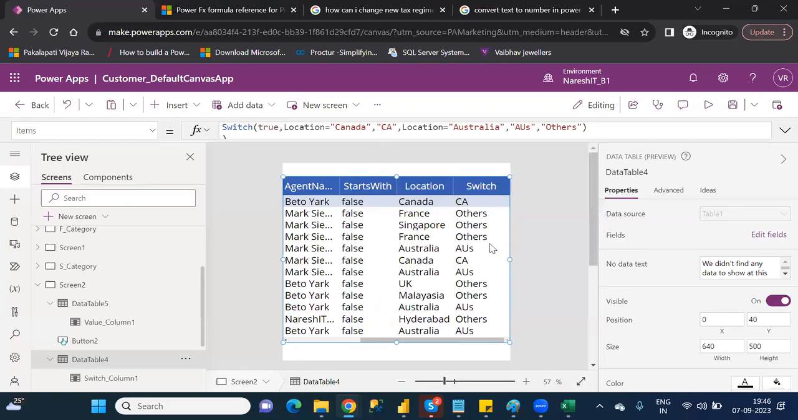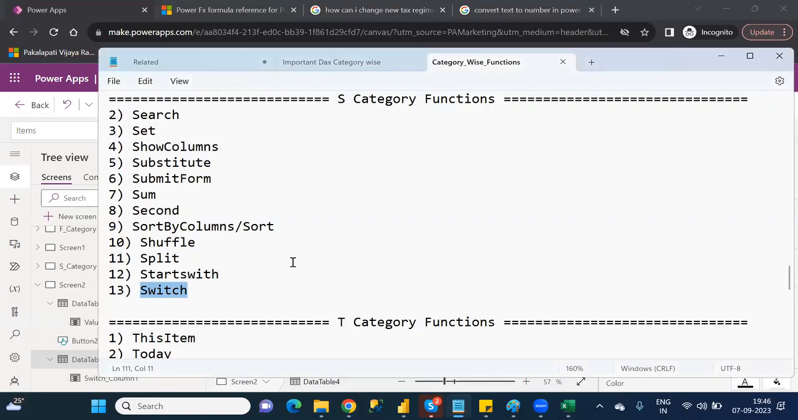Switch means, even if also does the same thing, right? In Power Apps, if is doing condition, statement, condition, statement, and switch is also doing like this. Understand clearly or not? Okay. Both, if you want to return statements based on a condition, then you have to use either the if or switch functions. This is how you have to use it. Next one is